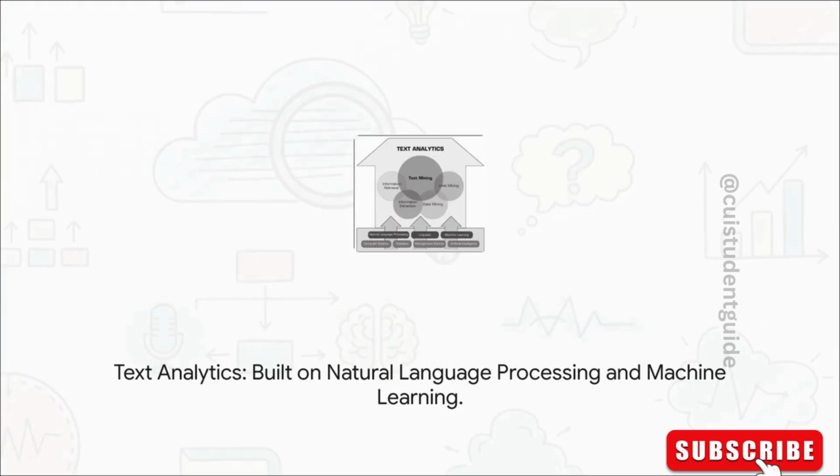The best way to think about this whole field is kind of like a house. As you can see, the foundation is made up of these core disciplines, like natural language processing, or NLP, which is what teaches computers about grammar, and machine learning, which helps them learn from data. The house itself, that's the whole field of text analytics. And then inside the house, you've got specific jobs, like text mining, which is kind of like going into the attic to search for hidden treasure.